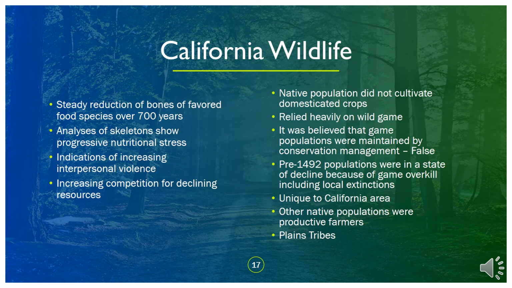The native populations of the area did not cultivate domesticated crops. They relied very heavily on wild game. And at the time, it was believed that game populations were maintained by conservation management, but that was completely false. Pre-1492 populations were in a state of decline because of game overkill, including local extinctions. And this is very unique to the California area, and other native populations in North America were productive farmers,